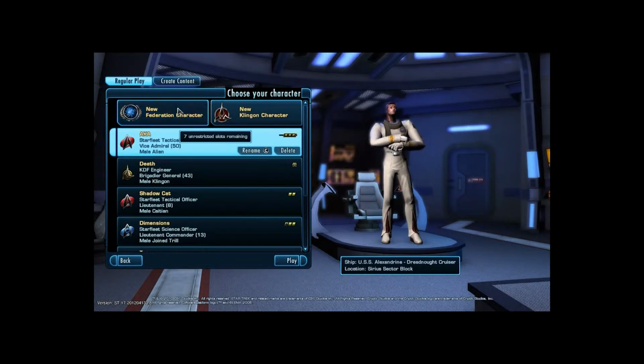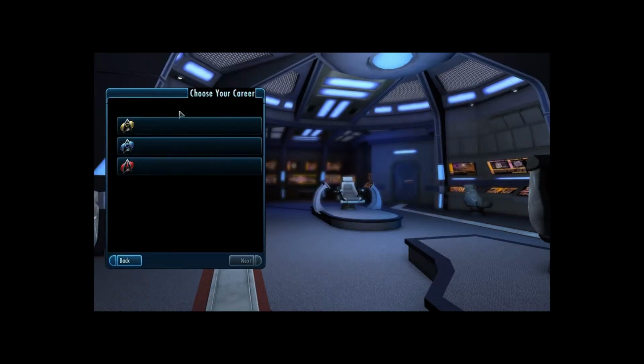Okay, first off I'm going to create a new Federation character. Now you get three types. You've got your engineer, which is more your tank type character, your scientist, which is more your support, and then tactical, which is your attacking unit. Now I'm going to build a tactical unit, tactical officer,